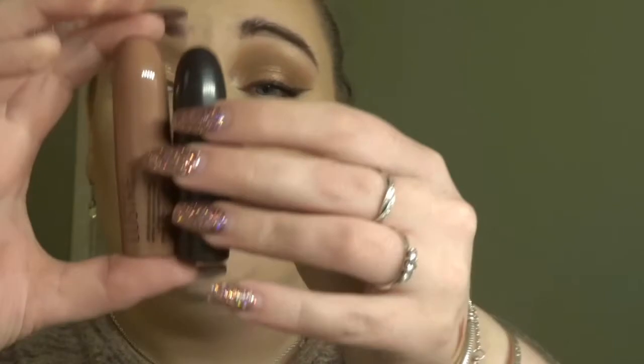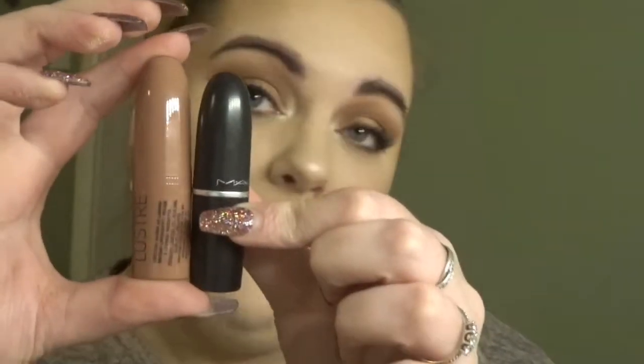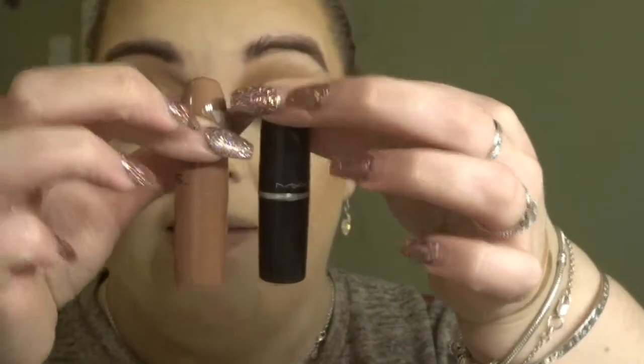How much do we get in MAC? 3 grams. And it doesn't tell you how much. But it's about the same size as your MAC lipstick, and it's actually a similar shape. Feels really nice. It's like a satin finish, so it's not completely matte, but it's quite